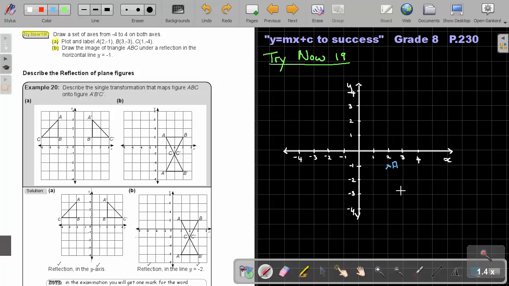I call the point B. And then the next one, 1 and -4. And I call the point C. And now I just take a ruler and I just combine all those points. Let's just redo that one.